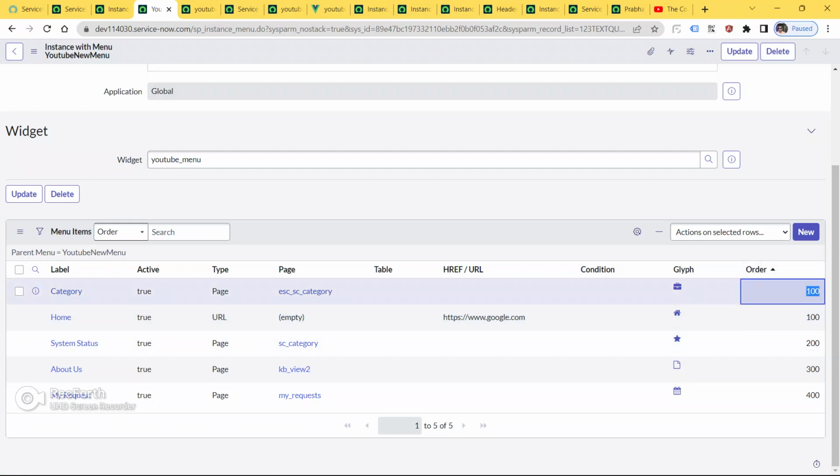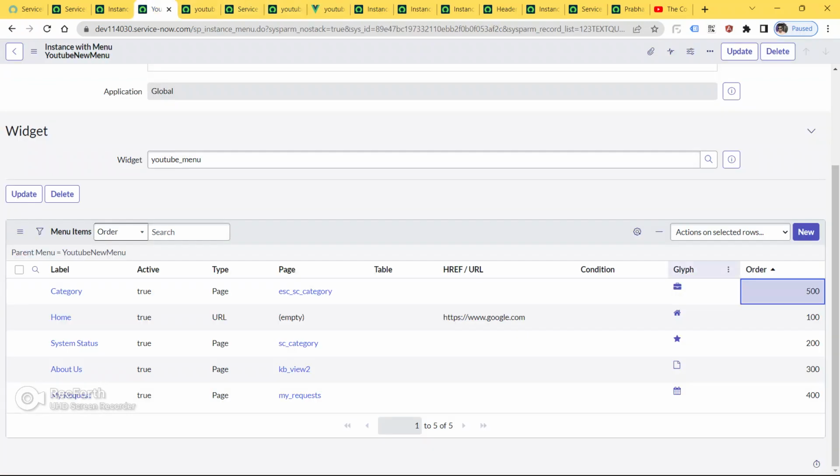As you can see, this category is of 100, so we have to put this as a 500. Okay, so make this as a 500, click OK. Okay, so now go to your page and refresh this service portal page. So now see, home, system status, about us, my request, and category.